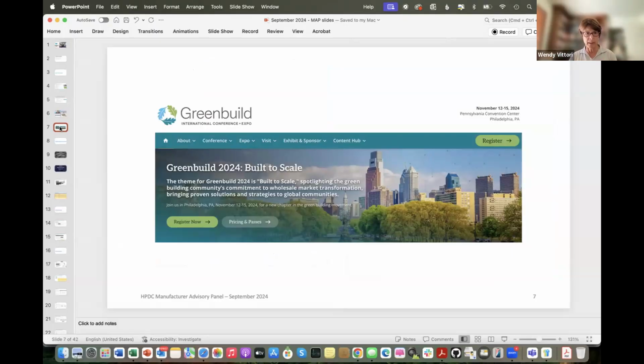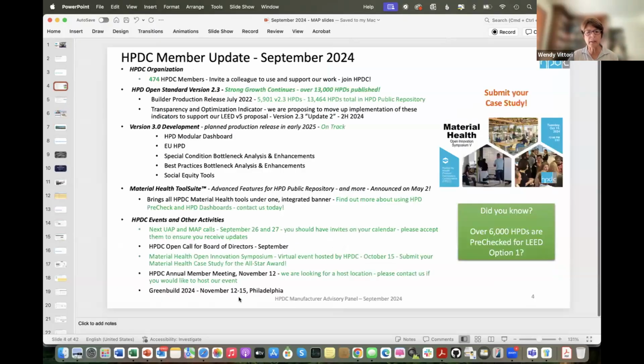And we will also be having our annual member meeting. This is in Philadelphia this year. We are still looking for someone to help us with hosting that event for the annual member meeting. We have a couple of people that are checking out whether they can do it, but we don't yet have a venue for that. So if you do have an office in Philadelphia, that might be a good location for us to host that event, sort of in the downtown area near the convention center. I'd love to hear from you, and we'd really appreciate your help with that.